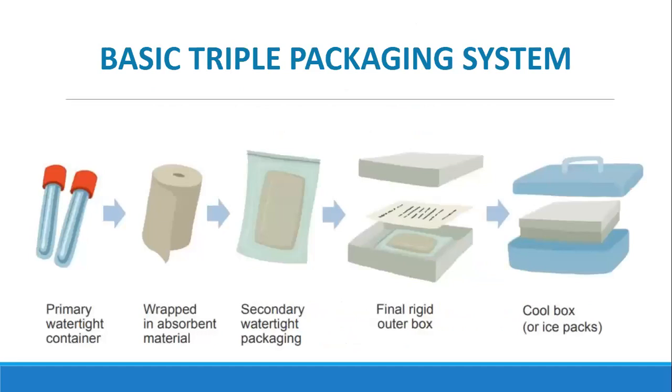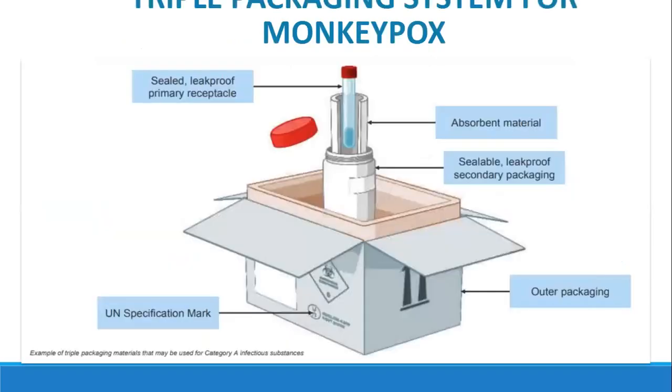So this is a basic triple packaging system. It was used in COVID sample collection. There is a primary watertight container in which we keep the swab. Then we have to wrap it in the absorbent material. Then it is placed in watertight polythene packaging, then kept into a final rigid outer box. Then this outer box is placed in a cool box with ice packs. So in case of monkeypox,